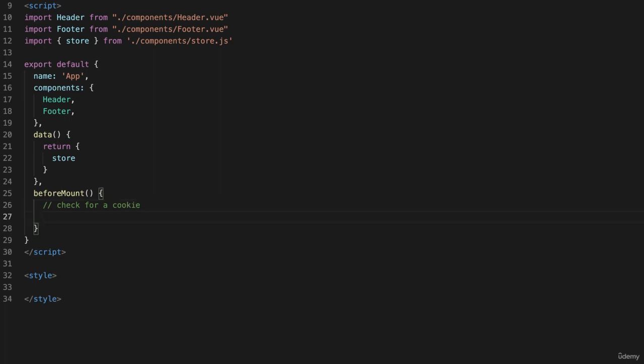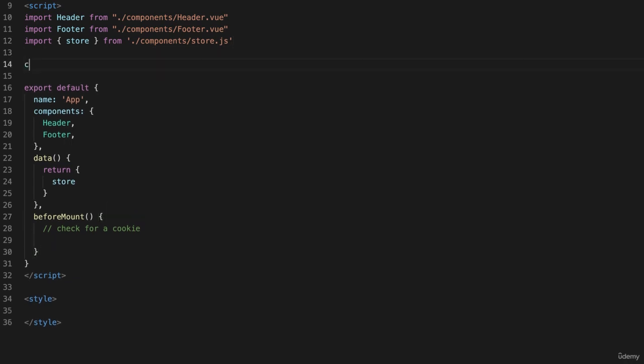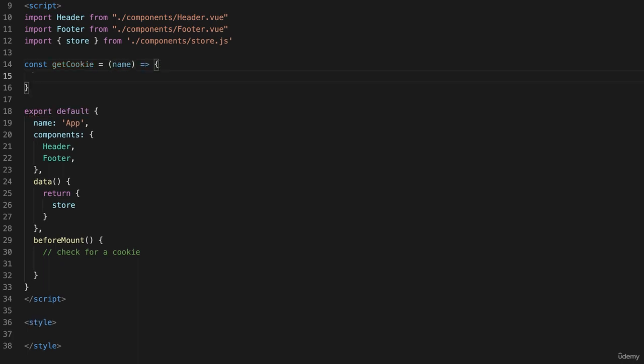Okay? So how does one check for a cookie? Well, this is one of the irritating things about JavaScript, is we actually have to get all of the document cookies and loop through them until we find the one that we're looking for. Unfortunately, that's pretty easy. So let's go back up here after the import statements and before the export statement and declare a constant, which I'll call getCookie. And that's going to be equal to, we're going to use name and then an arrow function. Okay, so the parameter is name, and we'll return